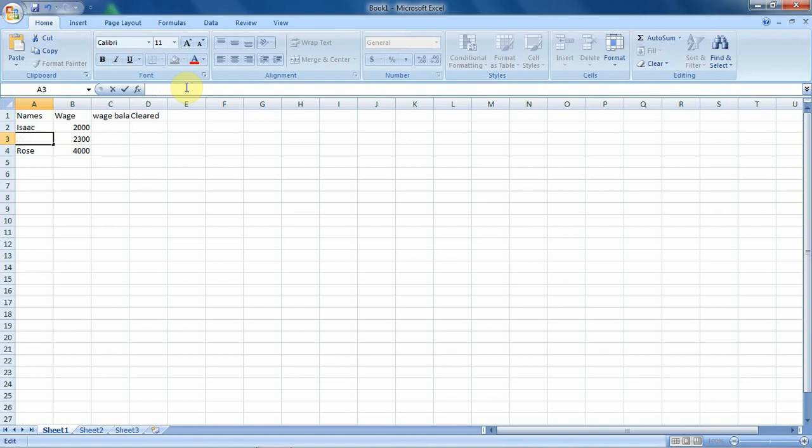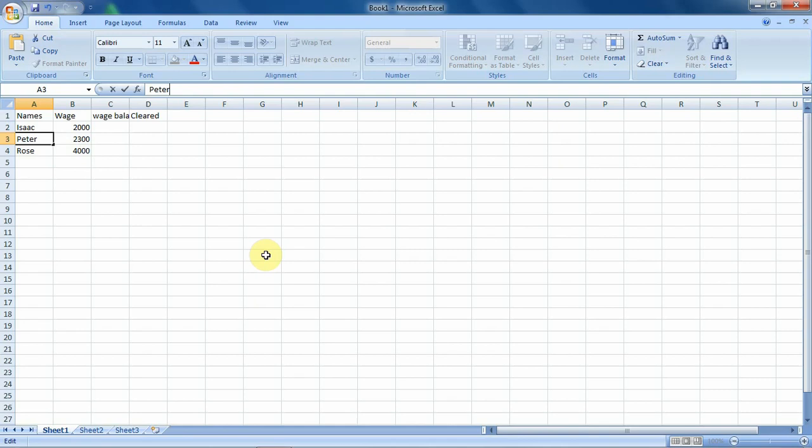So as you are deleting or removing, you can even see the contents in that cell that has been selected also disappearing. Then you can now type in the right person. Maybe you want to type Peter, so you put Peter. Immediately you type Peter, you can even see from the selected cell the name appears there. Then this name is not totally there, so to make it appear there, you will either press the enter